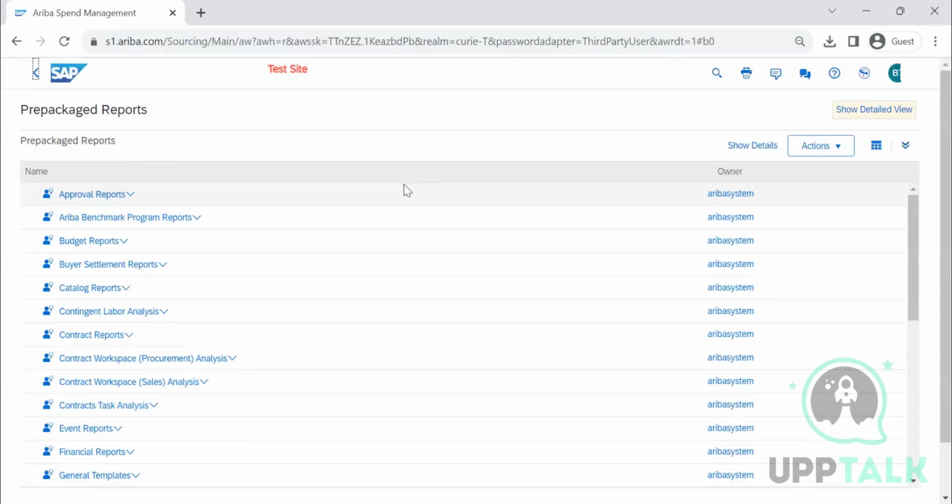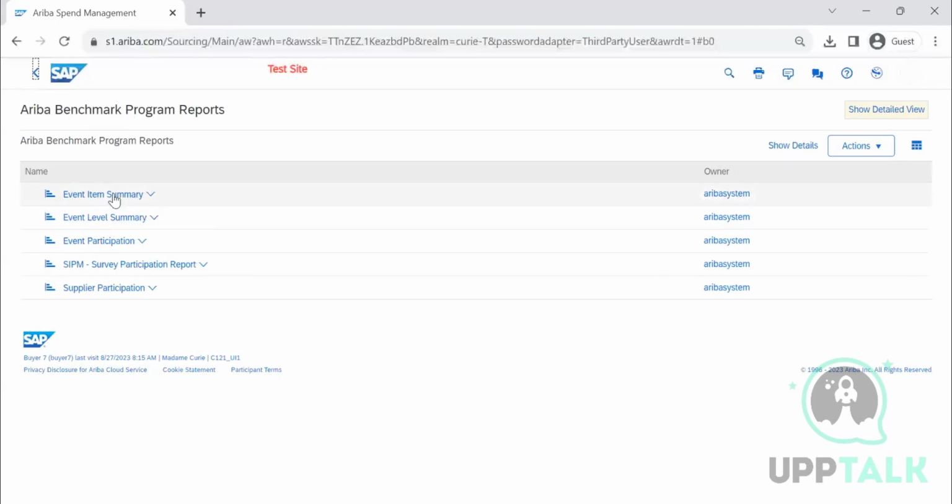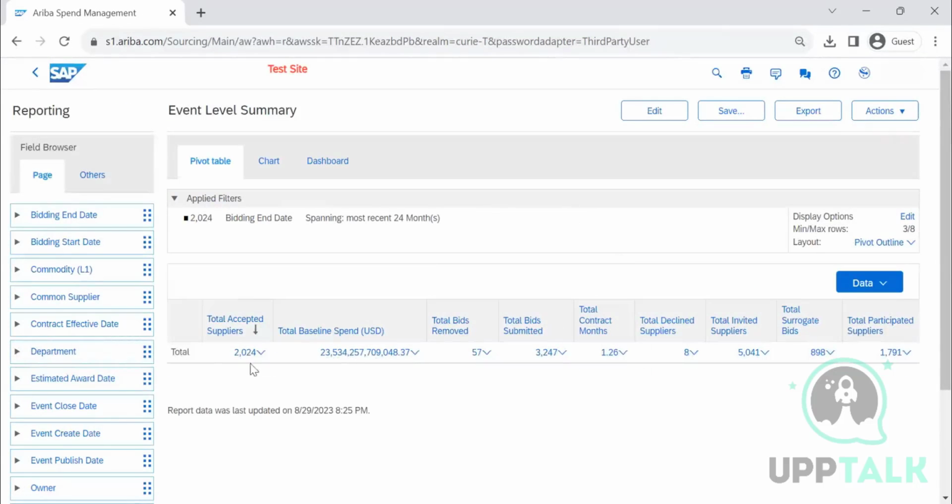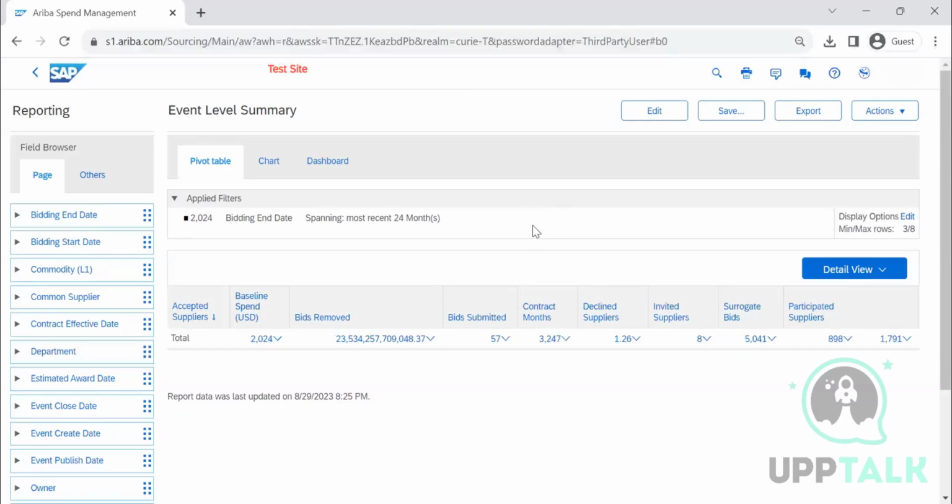Some important reports which anybody uses are approval reports. Ariba benchmark program reports, click on open. It will give you event level summary, SPM supplier participation, all these details, event item level, event level summary. Click on open. This is a beautiful report. So you can see the total bids received, submitted, months declined. Go by data and click on detailed view. Then you will have